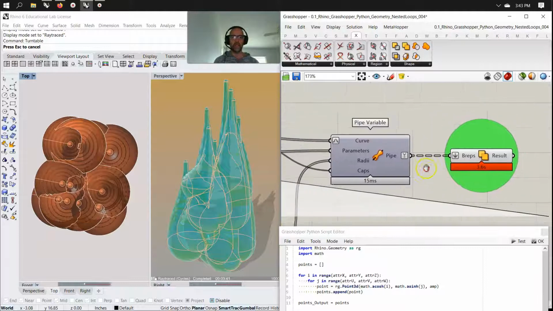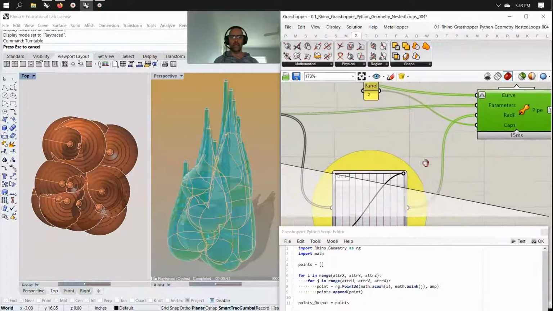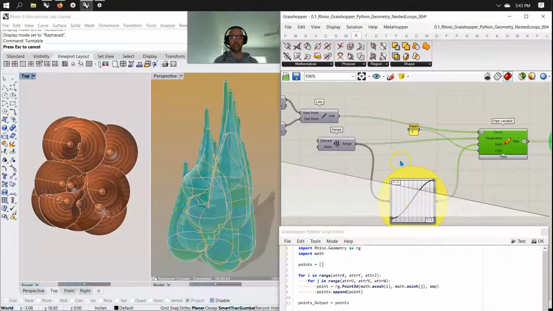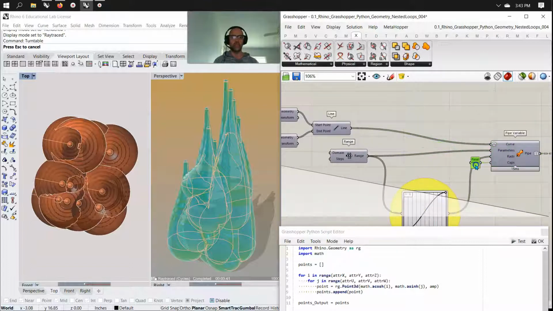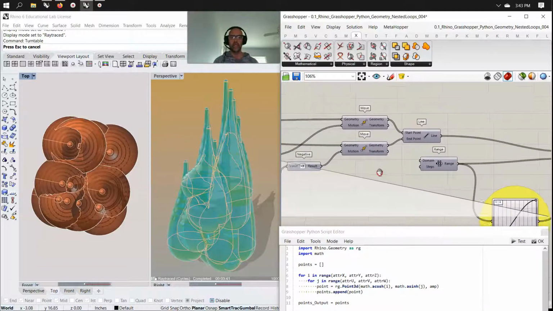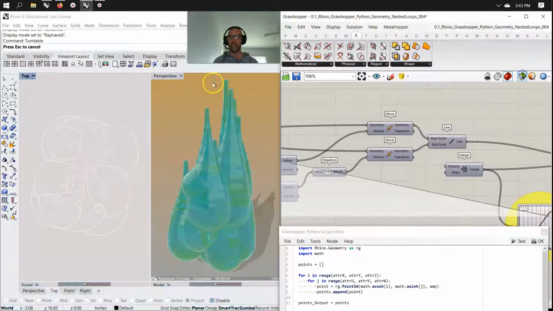So as we step back in that script, you'll see I put it through a variable pipe. I used a range and a sine function to get what I like, and I capped it with a 2, so it becomes curved ends. Those are generated by, if I jump onto here, and you can kind of see it more in this window,